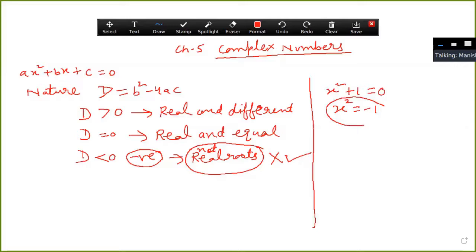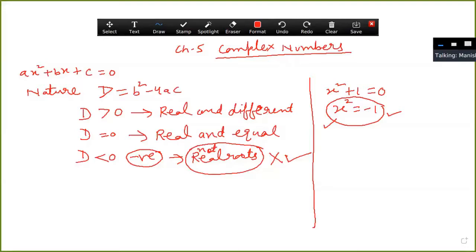Have you ever studied that the square of any number is negative? We always studied that the square of any number is positive. This is not possible, as the square of every real number is non-negative. The mathematical need to have a solution for negative discriminant leads us to extend the real number system to a new kind of numbers, known as complex numbers.